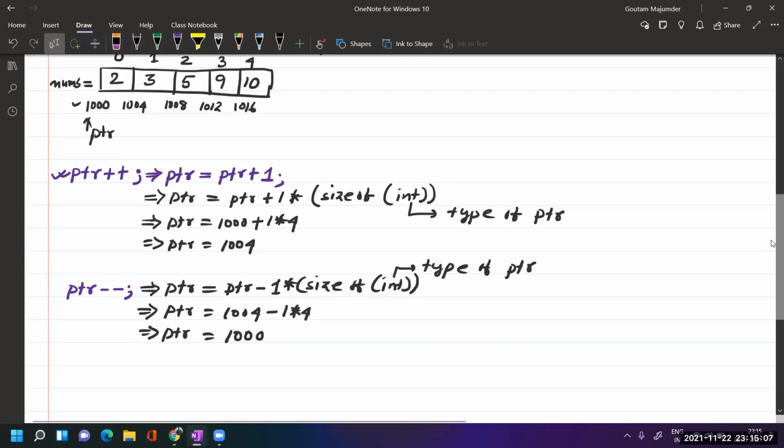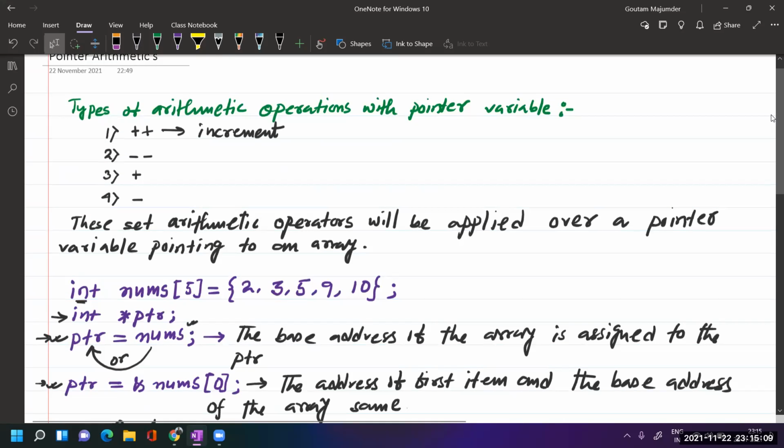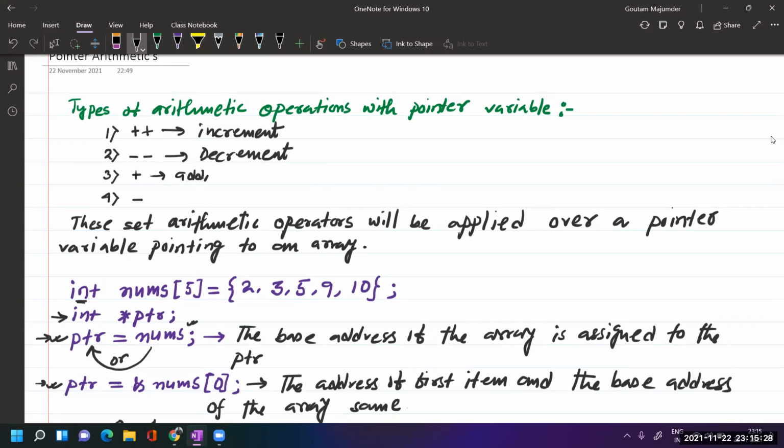Next. So now let us perform the second thing. From the list, I have covered 2 points. This thing is also covered now. Now let us perform this too, plus and minus. Now see the next point. When you do plus, what are you going to do? It will perform addition with an integer.